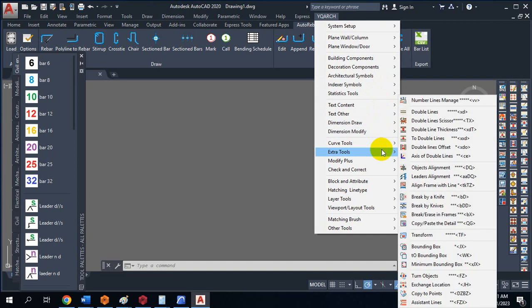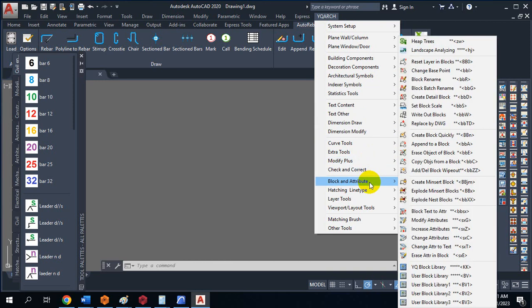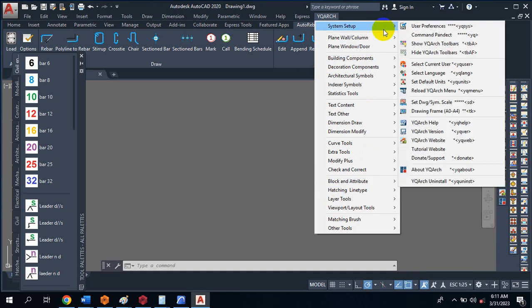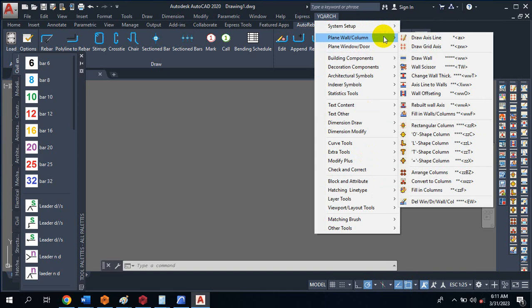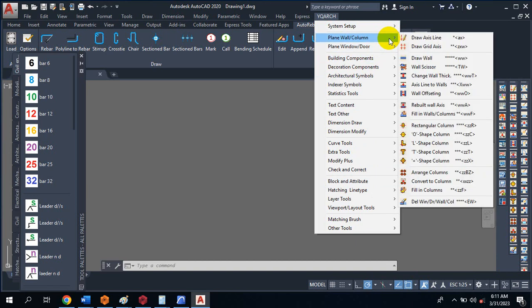Let's come to extra tools, okay, modify plus, blocks and attributes, hatching line type, okay. So let's quickly come down to our